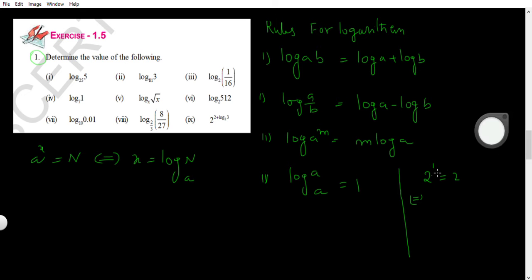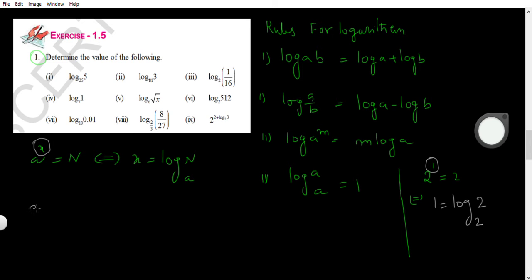See here, this is my power, just like x. 1 is equal to logarithm of, I told you clearly, some a to the power of x value is n. Here 2 to the power of 1 value is 2. The base is 2, we should write like this. Therefore, logarithm of 2 base 2 equals 1.